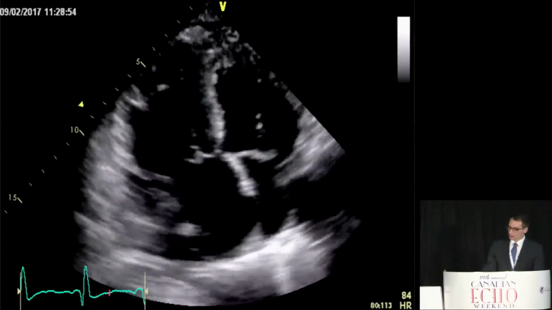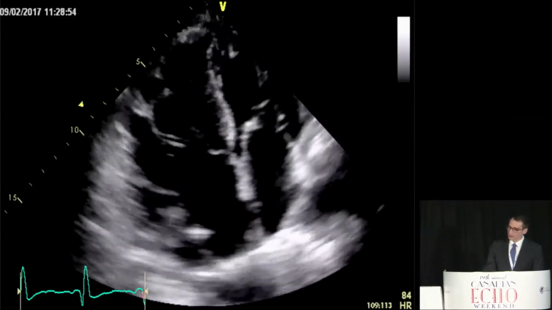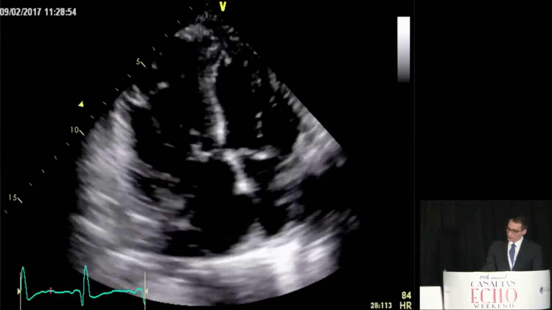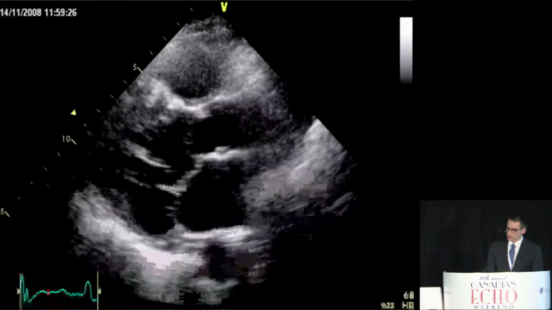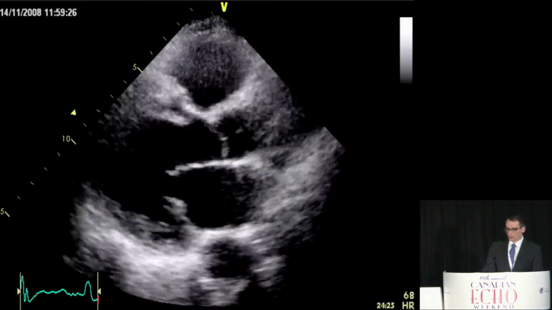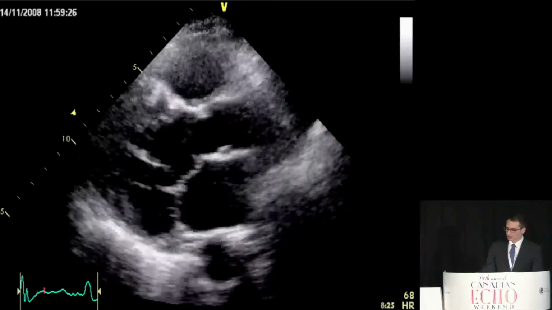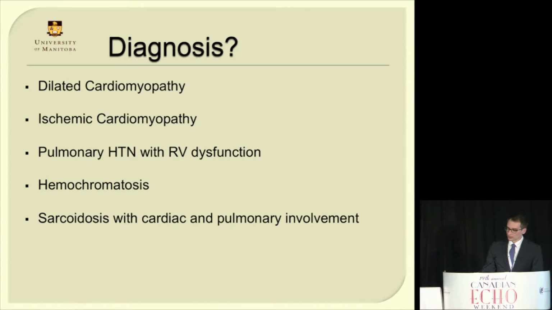And this apical four-chamber view shows dilatation and hypertrophy of the right ventricle, as well as enlargement of the right atrium and an ICD wire with thrombus attached. So before we go to a diagnosis here, I'm going to show one more image, and this is from 2008, so 9 years prior to this echo that you just saw. You can already appreciate some changes evident here. We can see that left ventricular aneurysm, which is still present then, and better motion of the left ventricle overall, however. So does anyone think this is just a mere case of dilated cardiomyopathy?